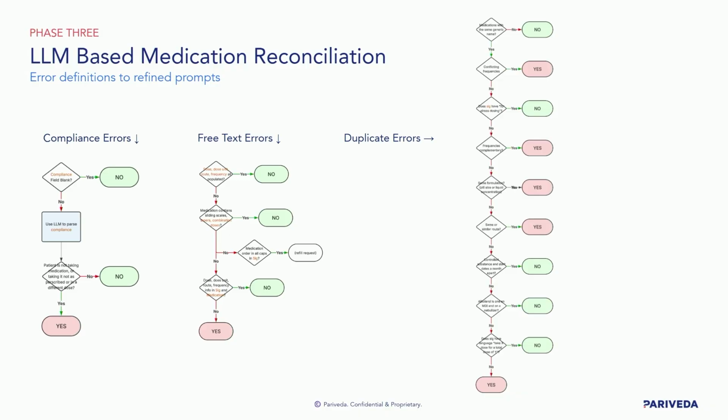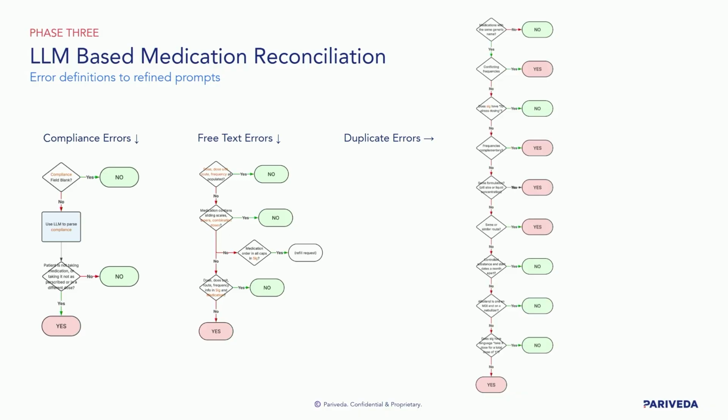For example, there was an organization where, whenever they wanted to stop a medication and take it off the list, they'd actually just throw "stop" into the SIG and not remove the medication from the list. And so they had a whole different definition for how to do expired medications and things like that because of that. So I just want to show that across different error types, some of these, like the compliance error,